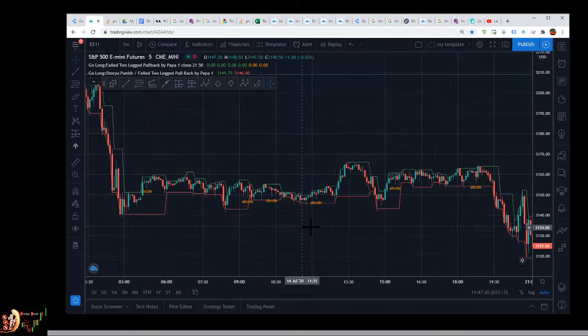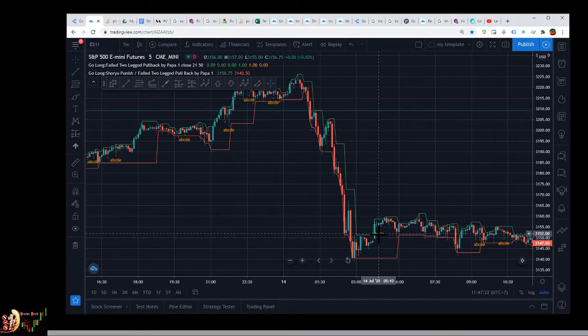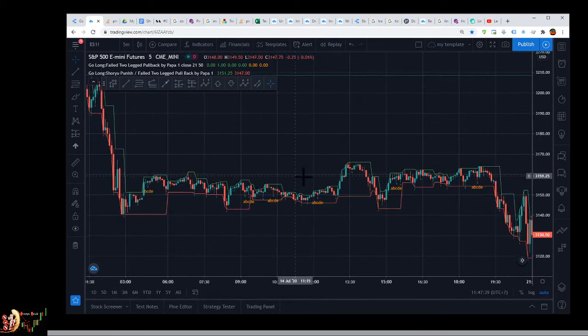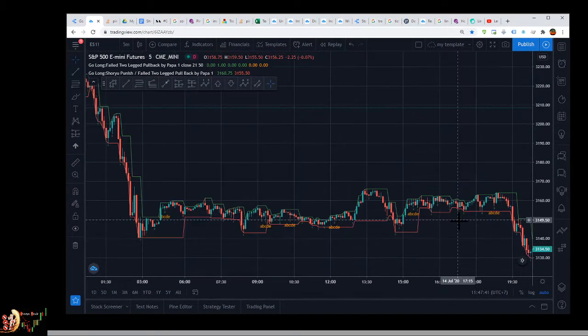Once I'm able to do this for every single ABCDE, I can check over here. For this candle, what is the lowest point? It's the starting point 1. And the highest point is this candle. Once I have this, it's just a matter of computing the ratio between this low and this high. That's what I have done over here, so let me show you.